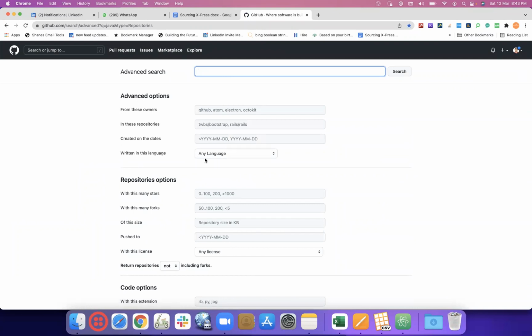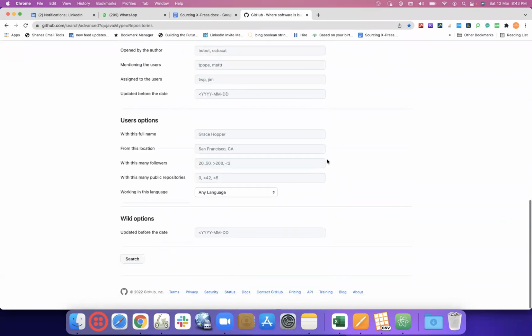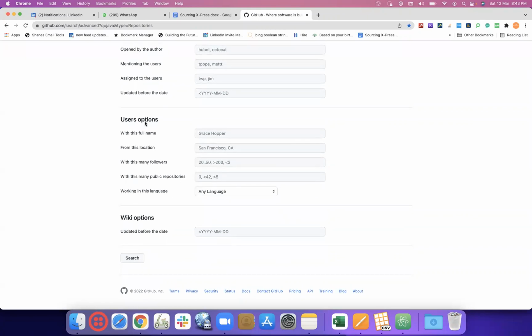Here we have something called written in language. If we are targeting particular repositories, we can go with the written in language option. Otherwise, directly scroll down to the user option, and search for users working in a particular language based on their GitHub profile and their repositories.